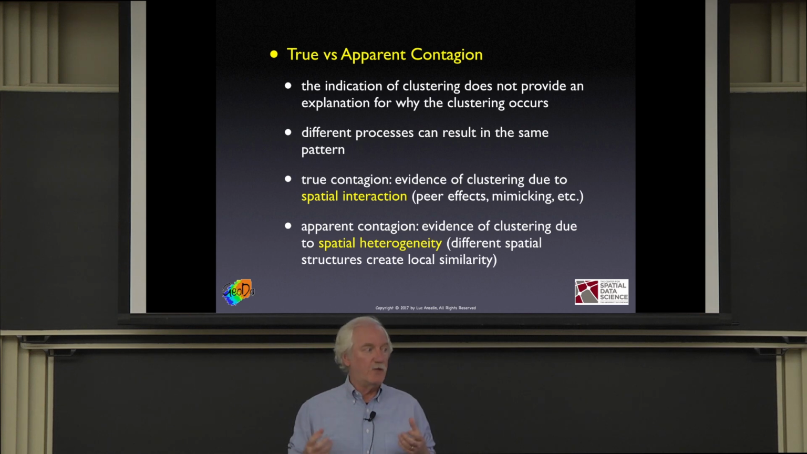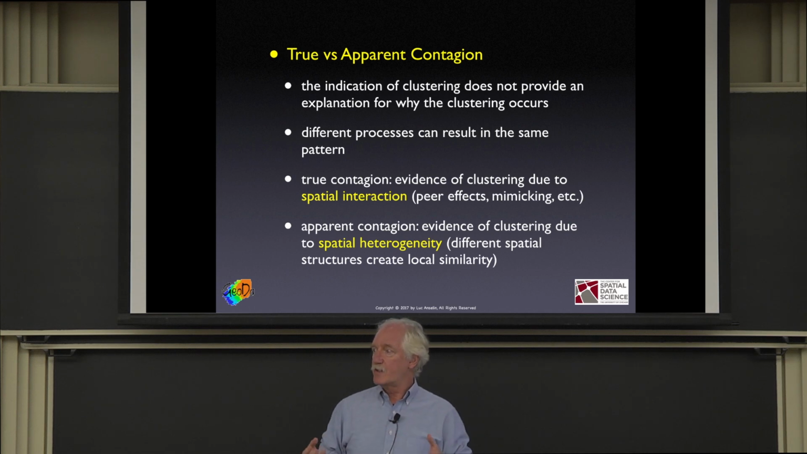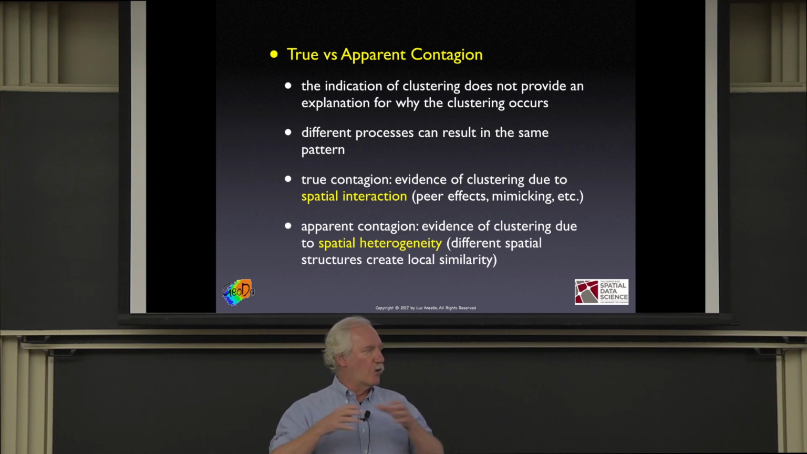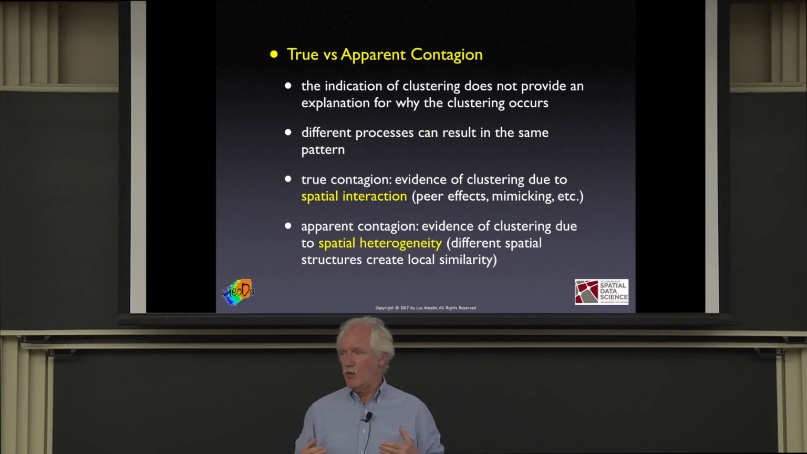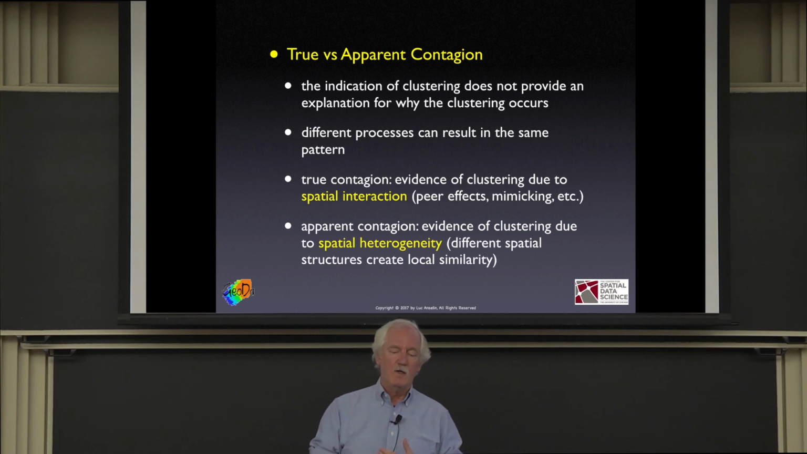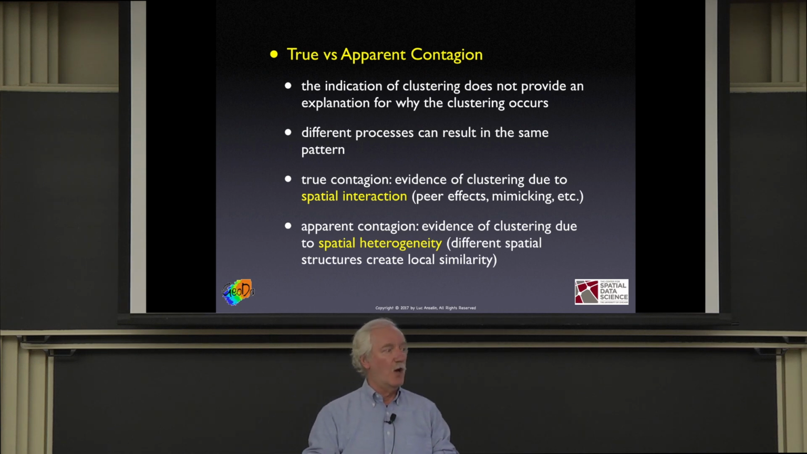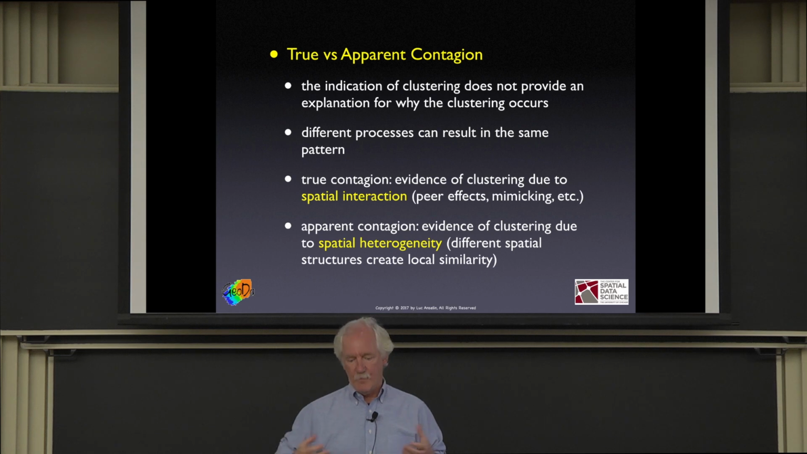One is what you like to think is a process of contagion, mimicking peer effects, spatial diffusion, spatial interaction that gets you groups of observations that look alike. That's what your spatial autocorrelation will give you. And that is the natural interpretation, but sometimes incorrect interpretation. Because the same outcome can be the result of spatial heterogeneity, when there is an underlying factor that makes the